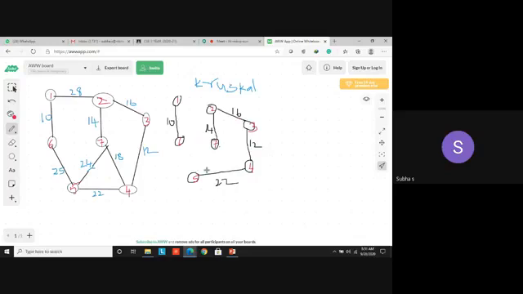So what do you have to do? I have to go with the next minimum cost. What is the next one? Only one possible solution: 5 and 6 connected, with the cost as 25.